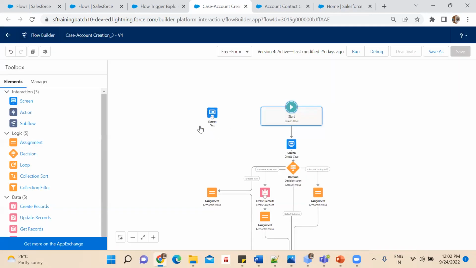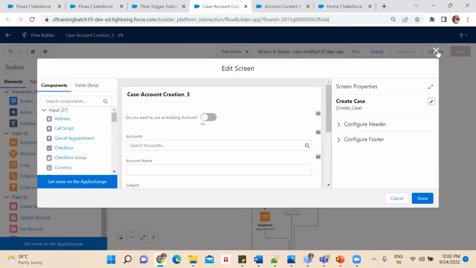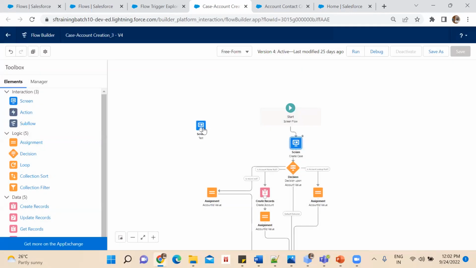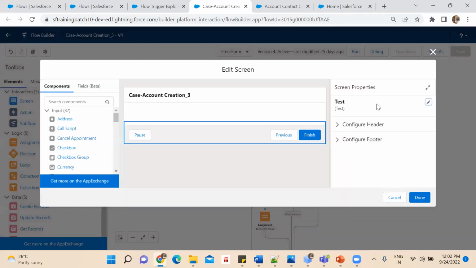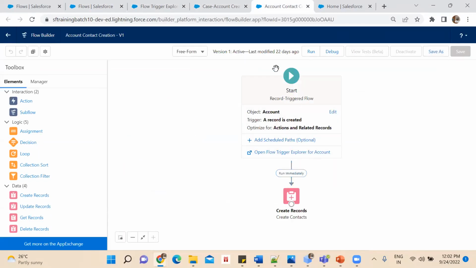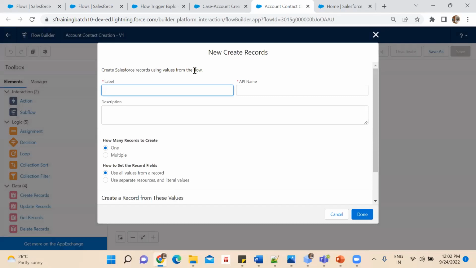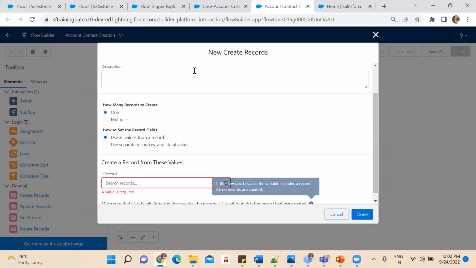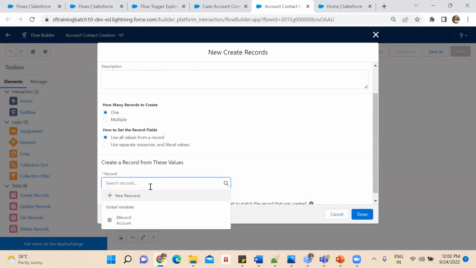Now if you see here, there is no plus sign which was there in your auto layout.